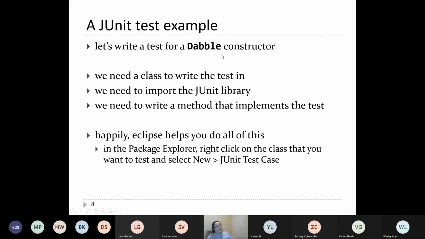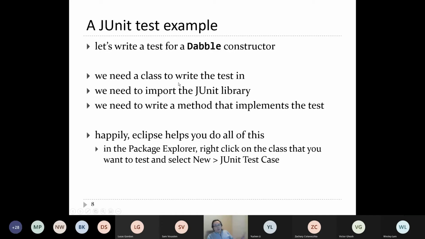So I'm going to use assignment 3 as motivation for writing a JUnit test. In assignment 3, you've got this problem called Dabble. Remember, Dabble is the word game that you have to try to implement. If I want to write a test for Dabble, I just want to test the constructor for now. So the constructor, remember, what does it do? Well, it takes in some words, and then it has to scramble the letters in the words to form the scrambled words. So when you make a test in Java, you need a class for the tests to live